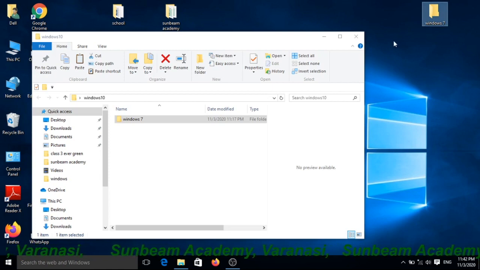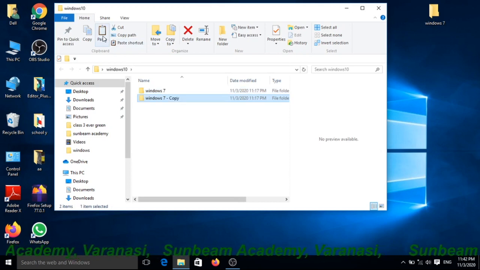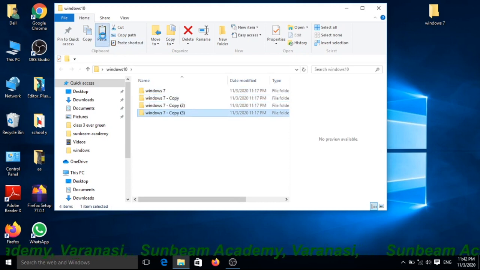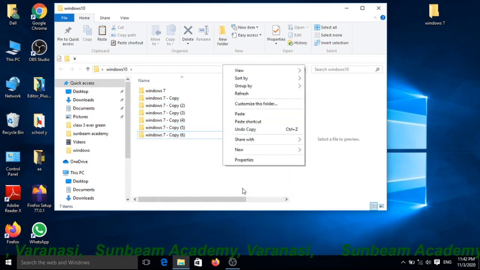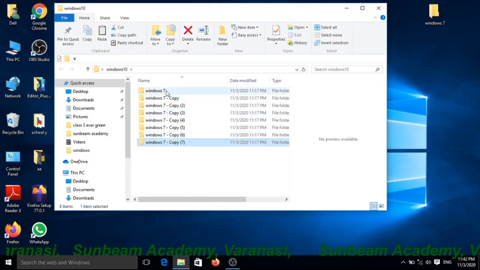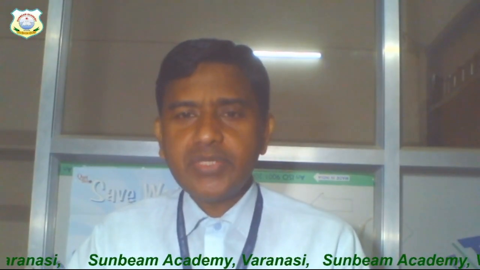Very simple. Suppose I want to paste here once again. First copy one time and paste unlimited times. Suppose I want to paste here. Yes, paste here. You can also right click there and paste. Yes, first you have to copy one time and paste unlimited times. Yes students, maybe you have understood the given topics.